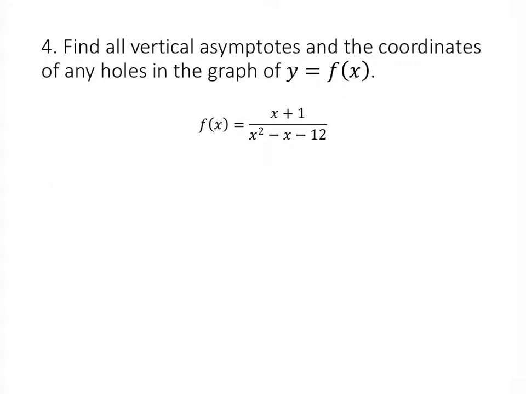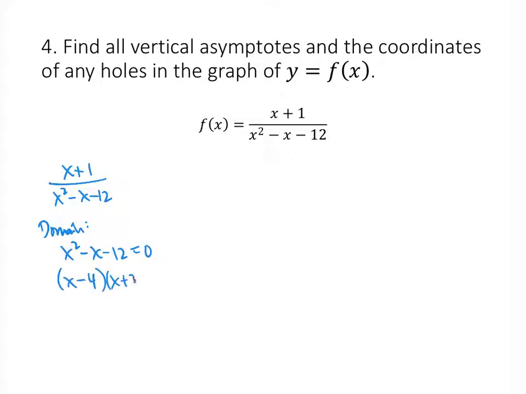Another similar problem, so we've got x plus 1 divided by x squared minus x minus 12. So we want the domain. We set the bottom equal to 0. We get x minus 4 times x plus 3. That gives us 2 solutions, x equals 4 and x equals negative 3. Testing those separately, when we look at x equals 4, we plug that into the top. What we end up with is 4 plus 1, which is 5. That's not 0, so we have a vertical asymptote